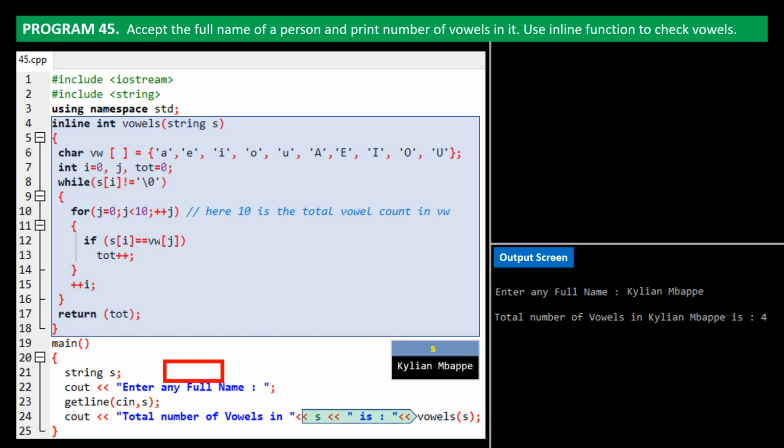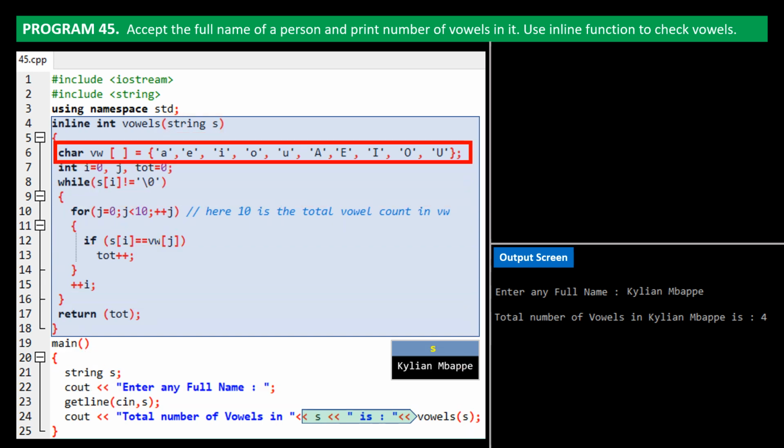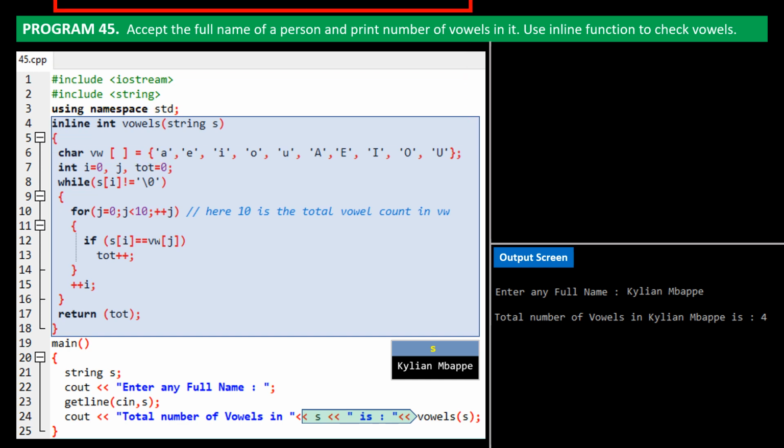On line 24, the function vowel is called. Value within s is passed as parameter to the function, where it's again stored in function variable s. We then declare an array named vw, which stores all vowels in small and capital letters. So they are 10 in total. We then take each letter from the name stored in string s until it's not \0 or the enter key. The for loop checks 10 times and ensures if each of the letters in string s matches any character stored